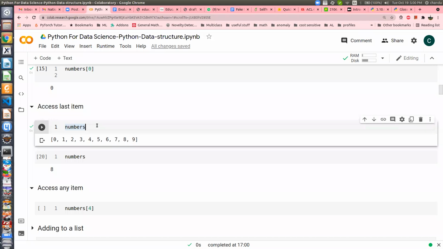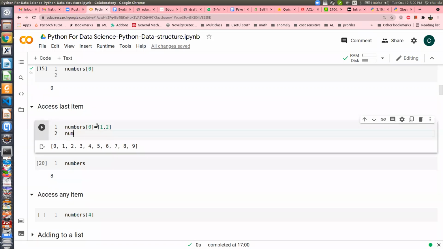Now let us make it a nested list, and let me modify the list at location 0 and make it a nested list, 1 and 2. So what would be the output now if I just execute this cell? 1 and 2, followed by the rest of the items as it is.